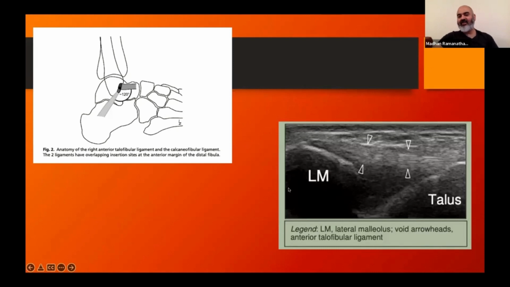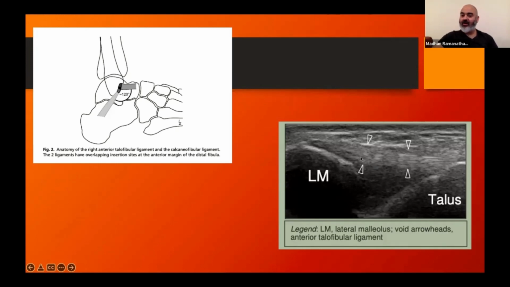When the ligament is intact, you'll have the lateral malleolar cortical surface as well as a talar surface with a nice hyperechoic structure bridging across both. Underneath, you'll see the ankle joint space. That's a well intact ligament of an ankle, and this is a static assessment at that point in time. When you can see a nice hyperechoic line in the ultrasound, you know that the ligament